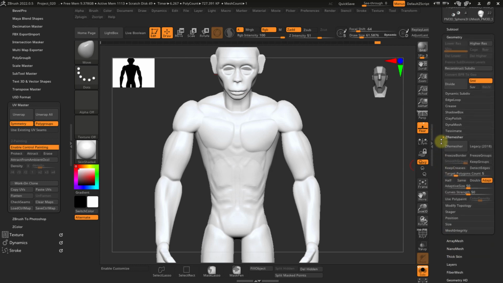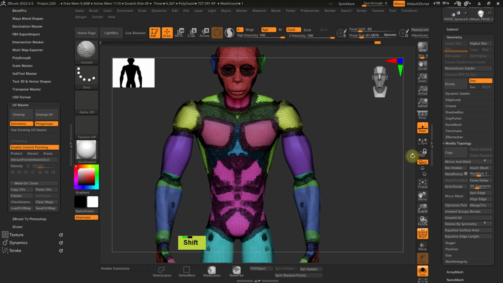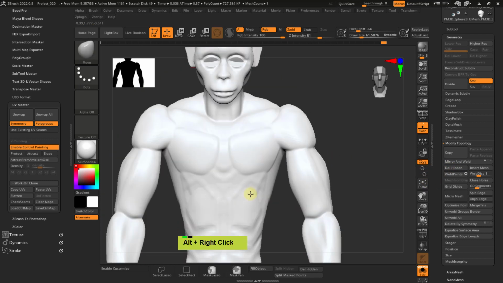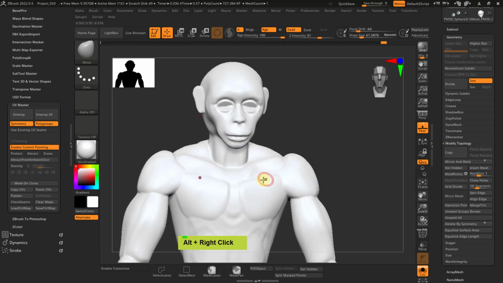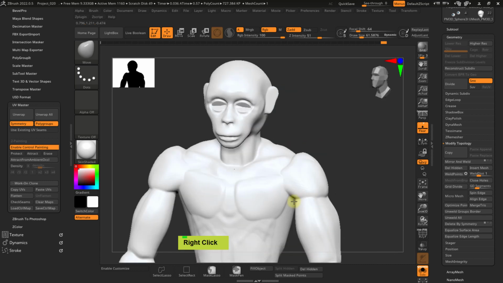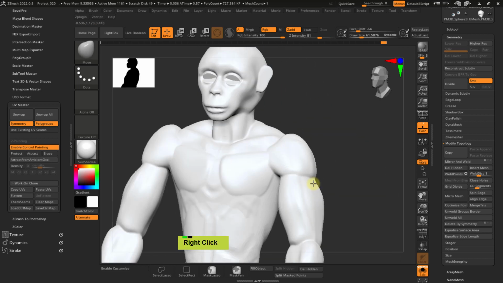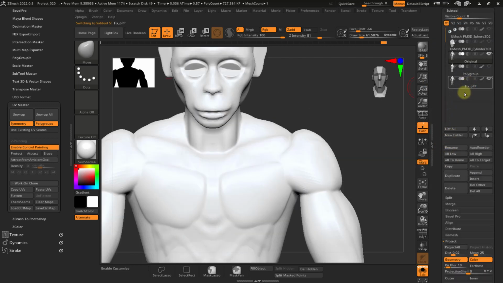The way to do it is, again, we are going back to Modify Topology, and quite a few things could be done. Smart Resym is coming to mind, or Mirror and Weld. I will see what Mirror and Weld does. And I think I'm pretty satisfied with Mirror and Weld. This is basically just copying what we have on this side, and nothing else. The chest was off, but everything else was looking pretty neat. Okay, and for now, going back with the process, Subtool, selecting the fix,